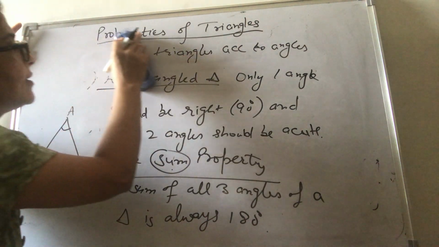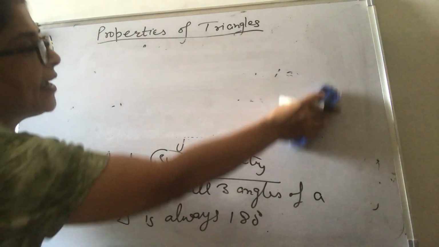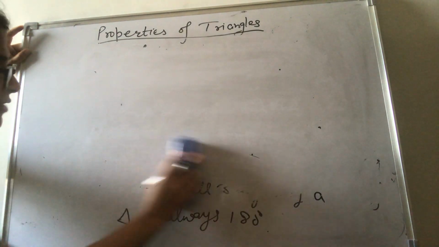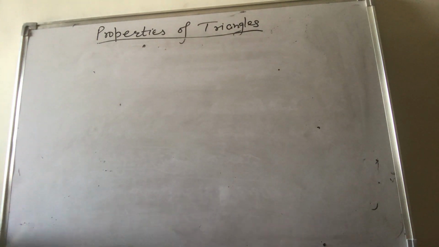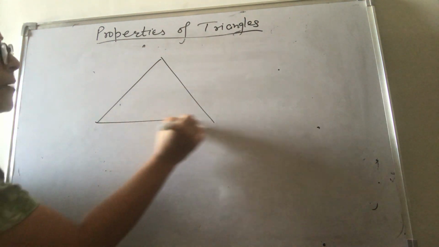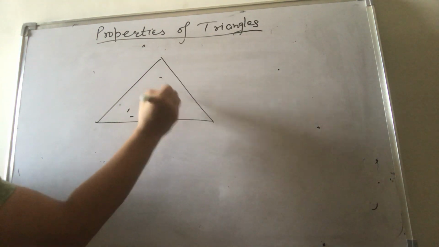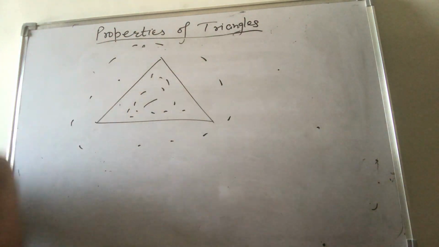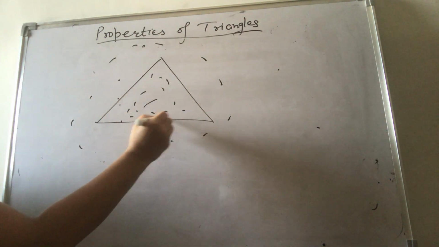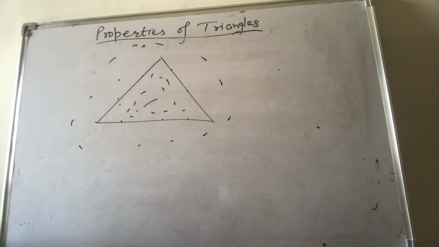Now the next topic is exterior and interior of a triangle. We have done this in class 5, as we had done the points in the interior of the triangle, points in the exterior of the triangle, and the points on the triangle. Exterior means the outer portion of the triangle, and interior means the inner portion of the triangle. This is called interior of the triangle, that is called exterior of the triangle, and the points on the line segments will be called on the triangle.